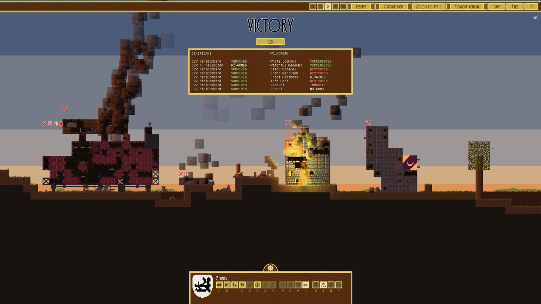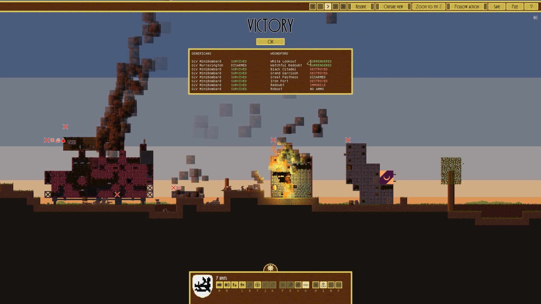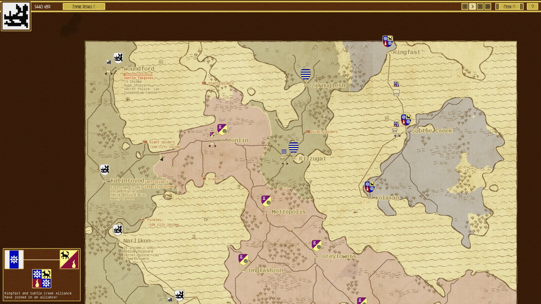So Mini Bombard survived. Murrayington technically disarmed. I would say it's an insurance write-off, but whatever. And then the rest of the Mini Bombards all survived. White Lookout surrendered. Watchful Redout, whatever, surrendered. Black Citadel destroyed. Grand Garrison destroyed. Great Fastness disarmed. Iron Fort destroyed. Another one mobile. Another one no ammo. Job done. Gentle takeover. And we're going to run back to Cullen Void because we are getting boarded, and that's